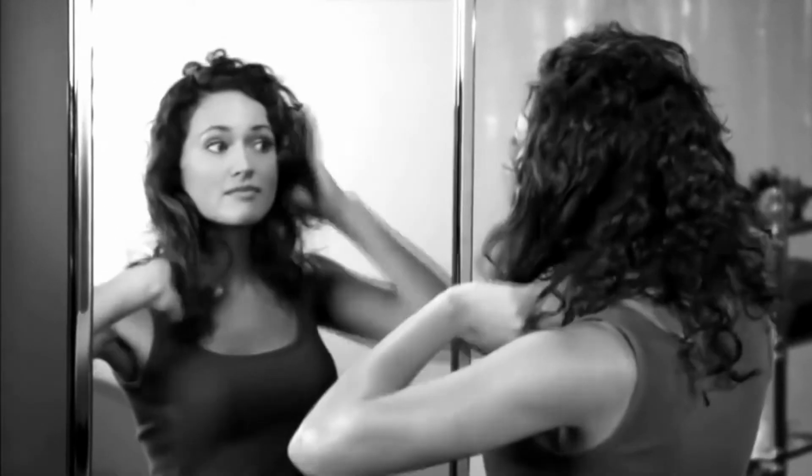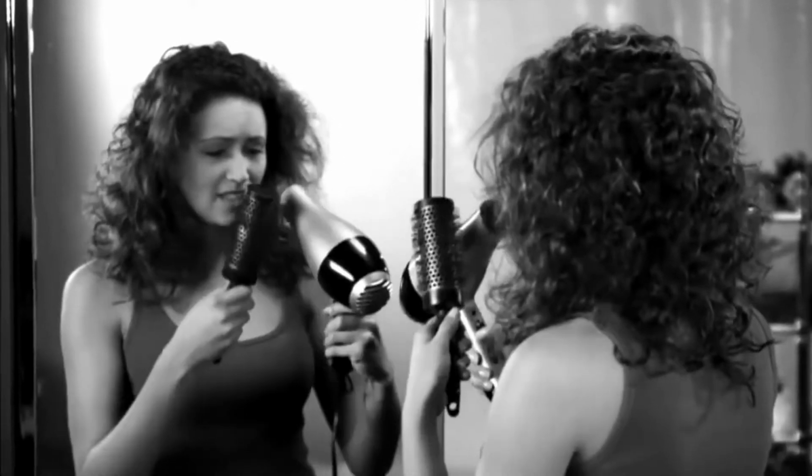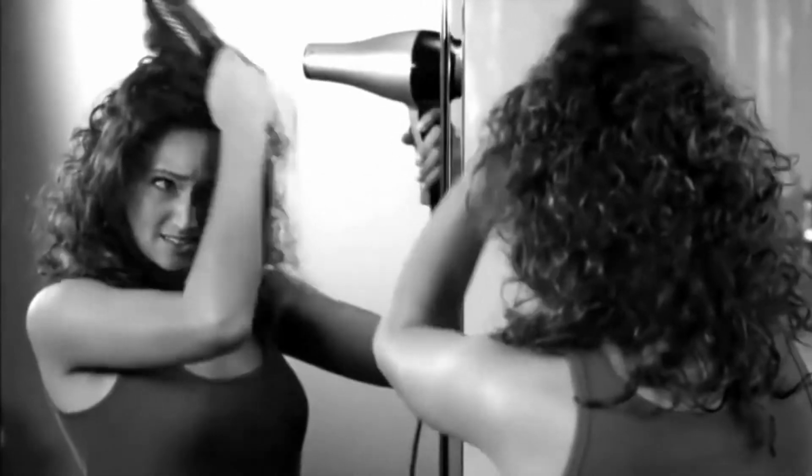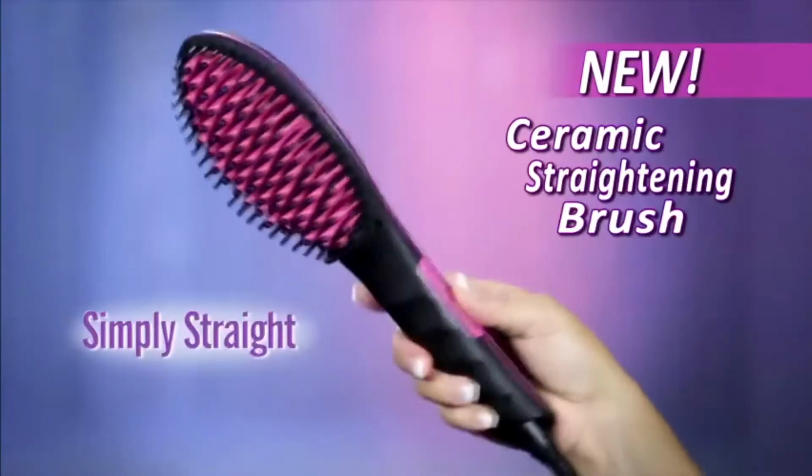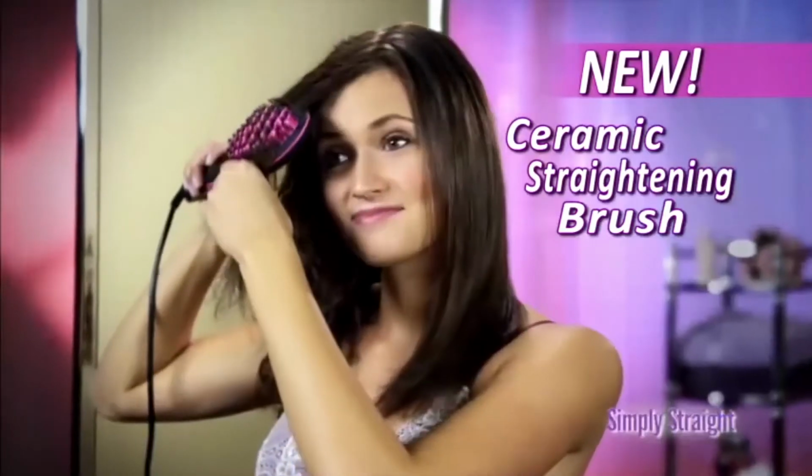When it's time to straighten your curly hair, you could spray on the chemicals, bristle with a blow-drying brush, then waste even more time with a flat iron that literally flattens and fries your hair. Or you could simply brush your curly hair straight instantly with Simply Straight, the amazing new ceramic straightening brush that